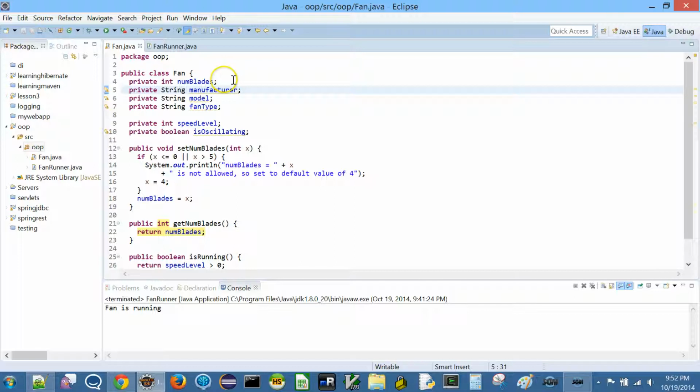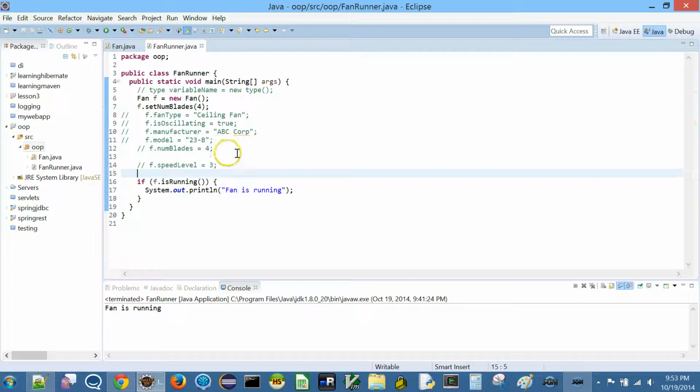We'll be seeing that in a minute. What is null? Just like 0 being the default value for int, null is the default value for all object types, not just strings. For all object types, if you do not initialize, or if the variable is not set, it's going to be null. So right now, I'll set the number of blades to 4.